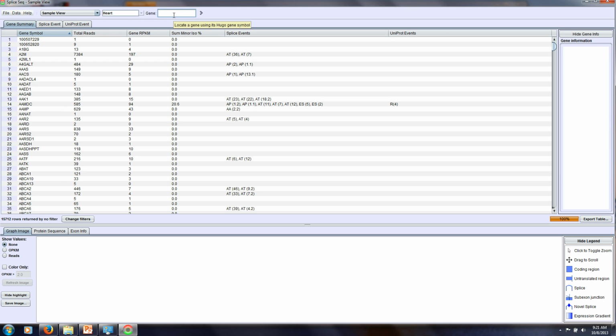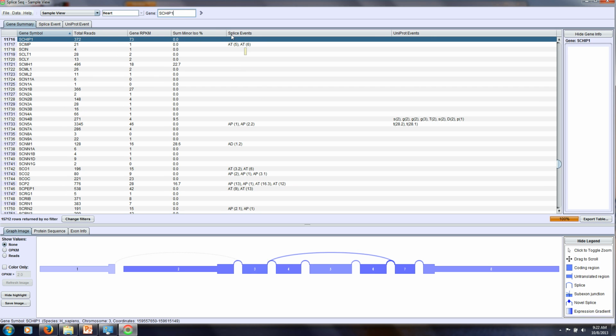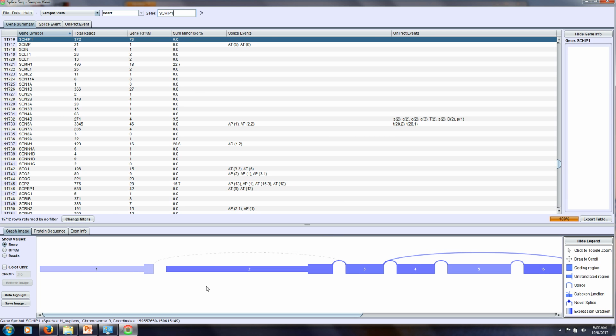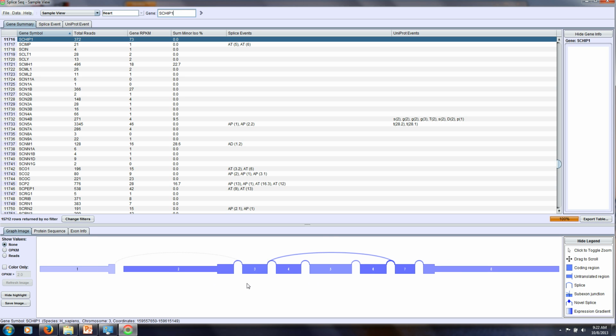So in the heart tissue sample, if we want, we can go to our favorite gene, hit enter or hit this to jump to the gene, and you can click down here on the graph to zoom in and out. If you zoom out, you can sort of get a whole feel for it, but it's a little harder to